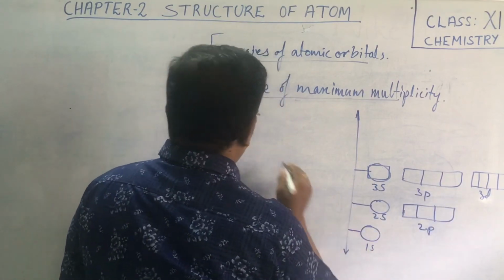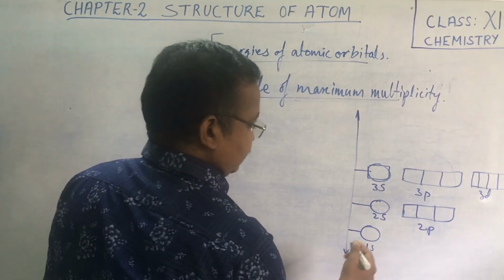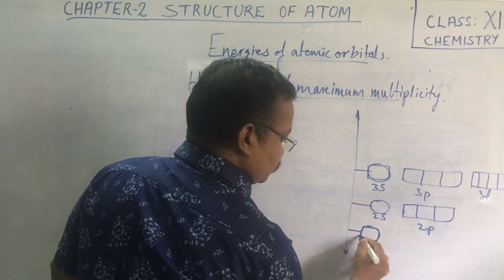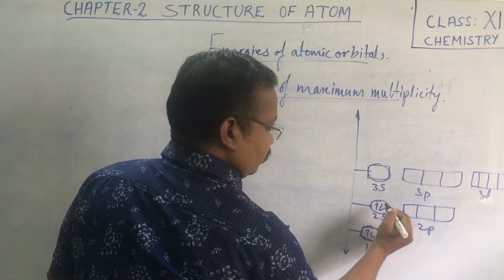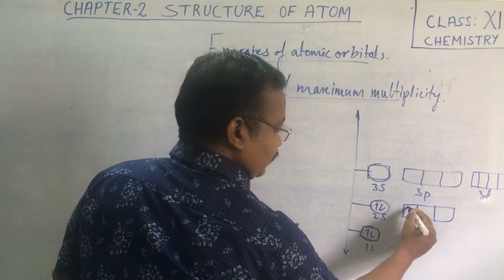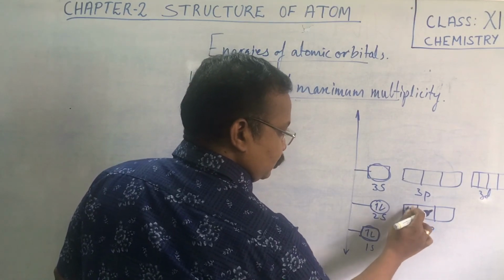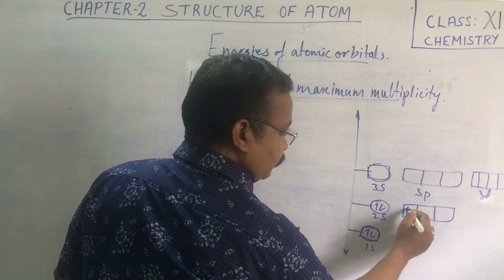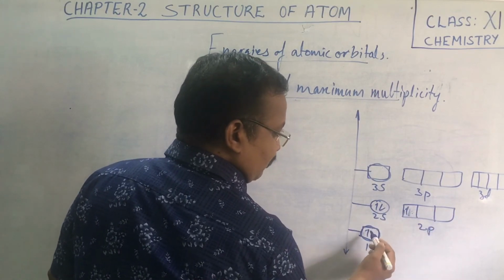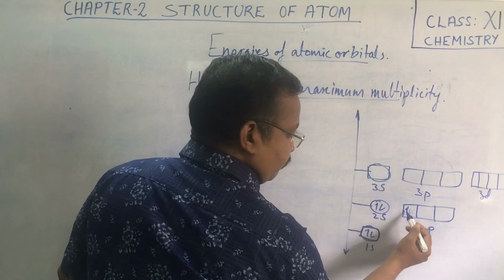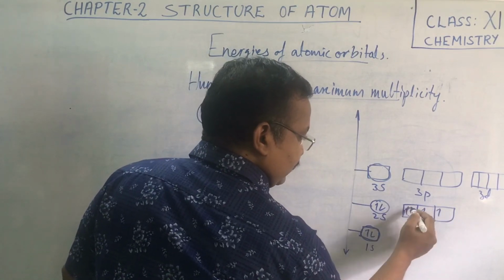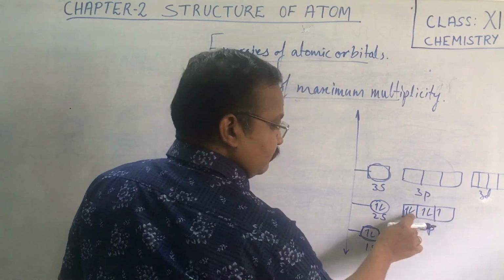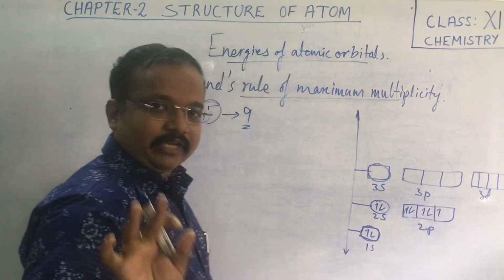Now when 9 is the atomic number, 2 electrons will be filled here like this, then 2, 3, 4 in the 2s. Then in the 2p you cannot fill 2 like this. You have to go 1, 2, 3, 4, 5, 6, 7, then come back for 8 and then put 9. One will remain vacant, there is no problem.